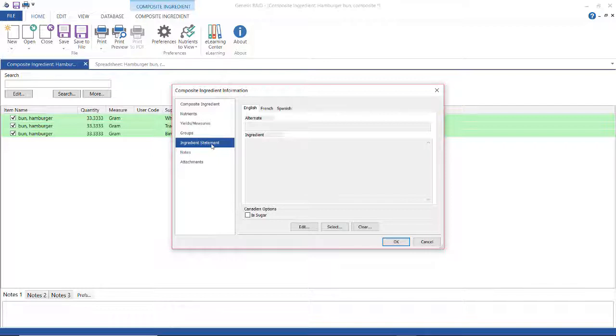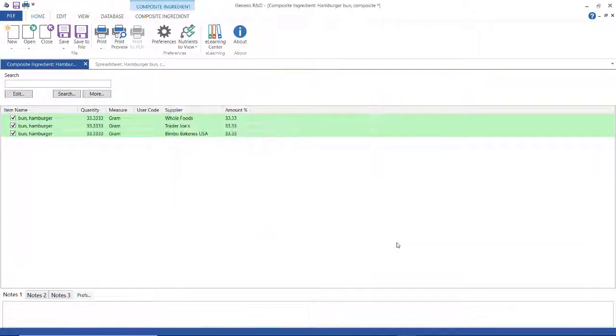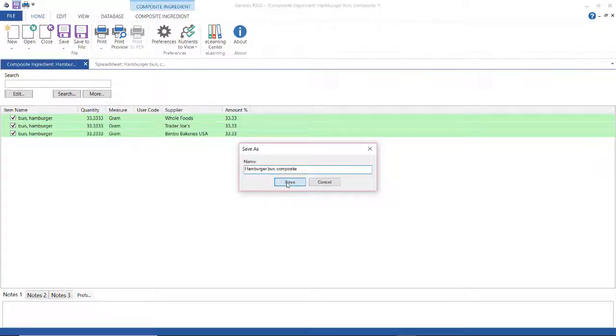Something else I want to talk about is the ingredient statement. We don't want the ingredient to read hamburger bun composite, so what I will do instead is create an alternate name for this. Click edit, and I will just make it hamburger bun. So now what I'm going to do is save this